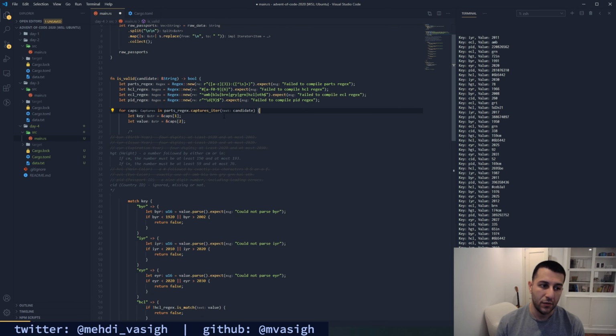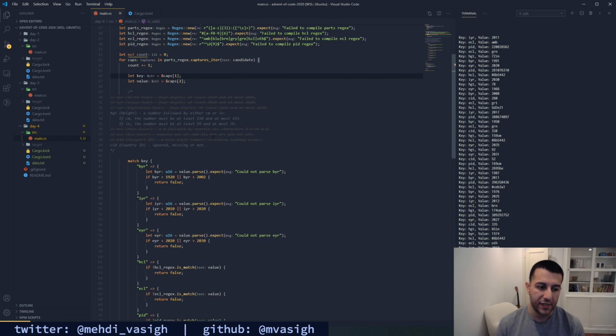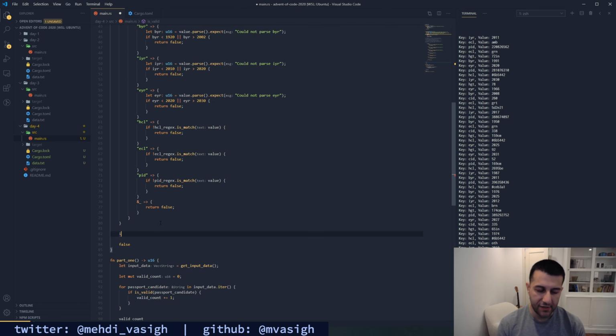Like before we were doing an iter, we were just doing a count, which is fine, but we can just do it all in one shot: let mut count equals 0, sorry, and then I'm just going to say count plus equals 1. So this is going to give me a count of parts.